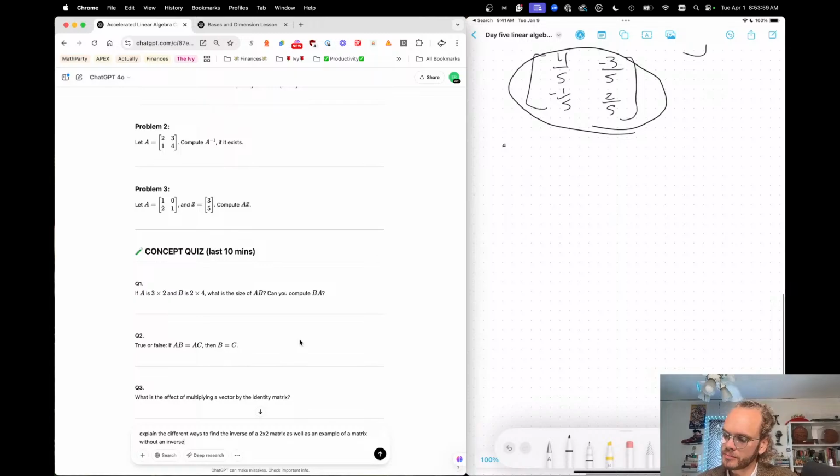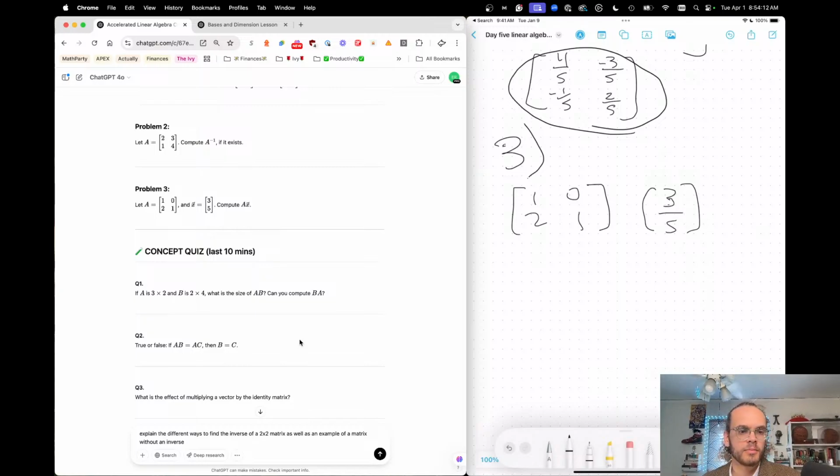So problem 3 says that A is 1, 0, 2, 1, and x vector is 3, 5. I'm essentially just multiplying these. So I don't know why I wrote over 5. Okay, so in order to solve this,